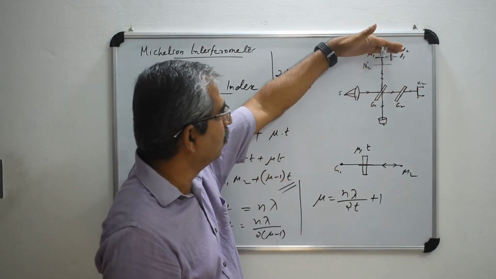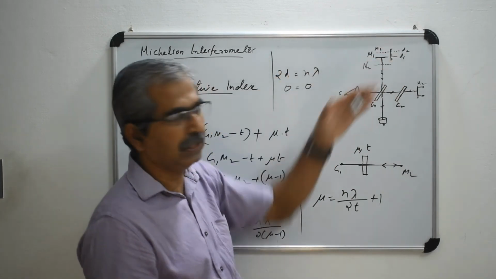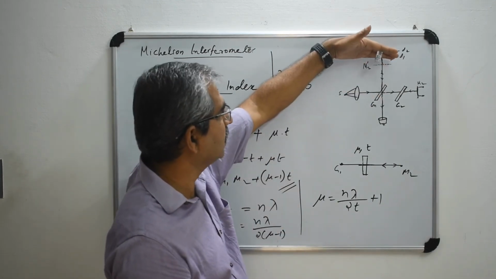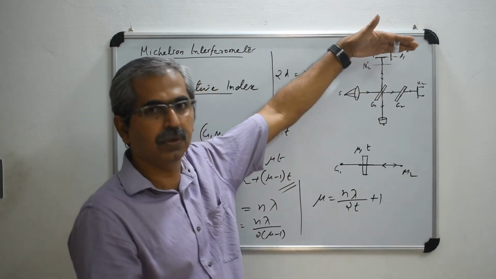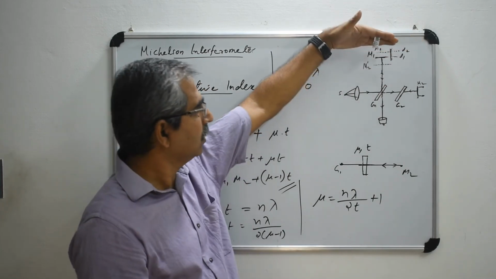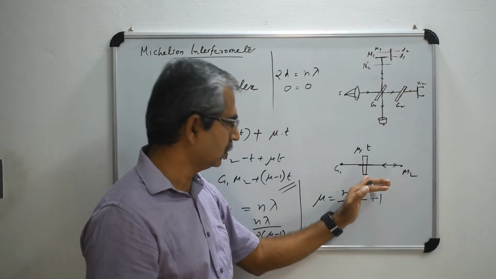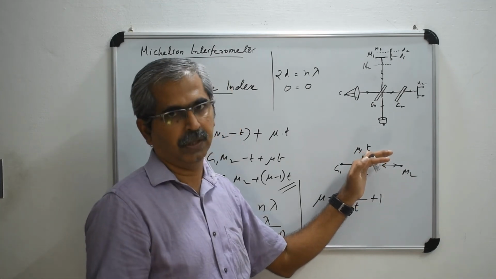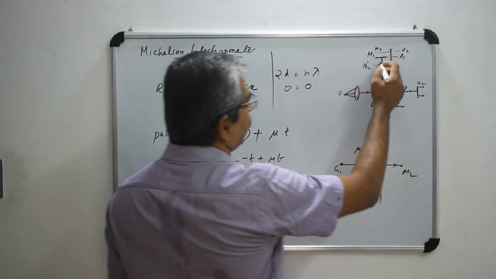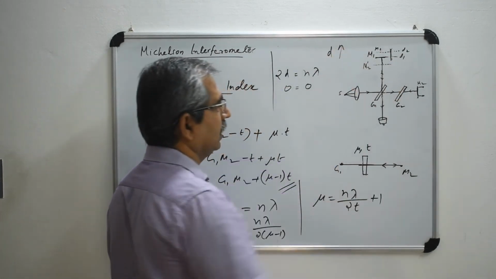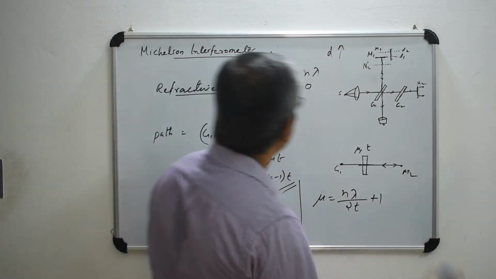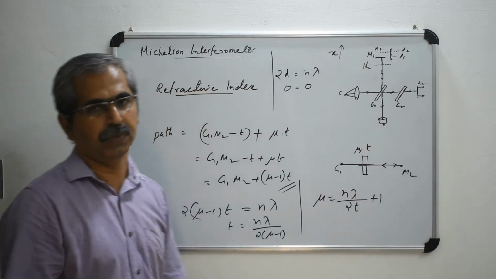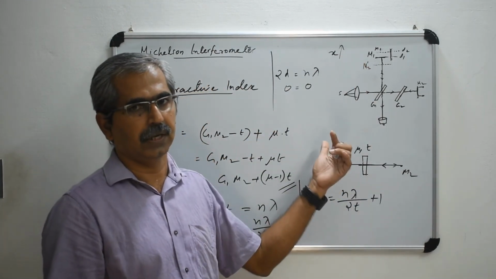Now say you move this M1 in such a way that again you will get 0 path difference, from which you can identify how far this M1 should go in order to restore the previous situation. That is due to the introduction of the glass plate, that is the thin sheet, having a thickness T. So using the white light, you identify how far you should go, and that is taken as D, or X, in order to again obtain the 0 path difference by using the white light.